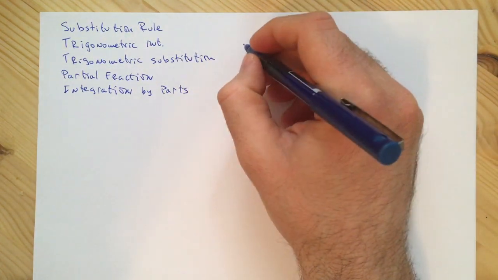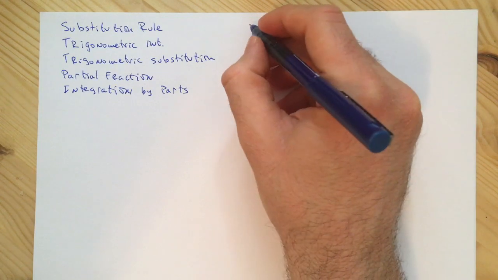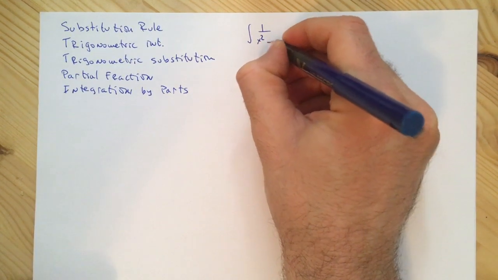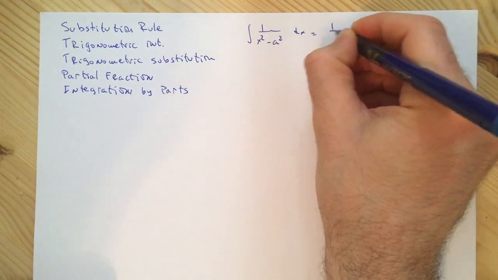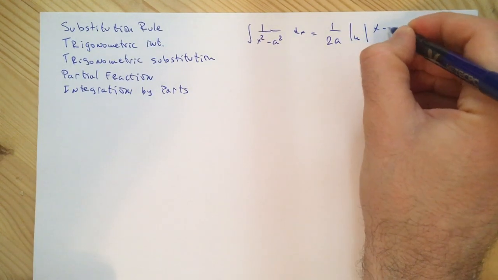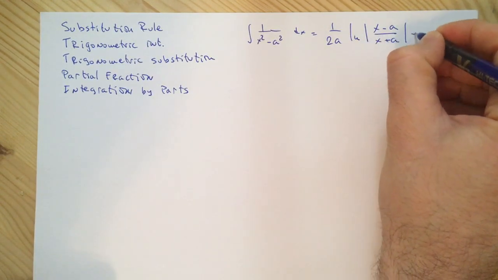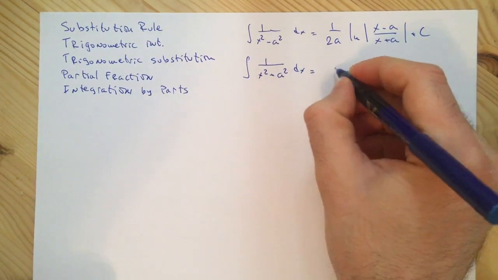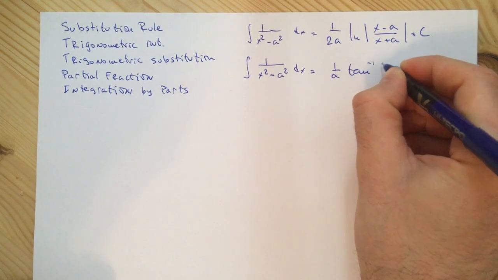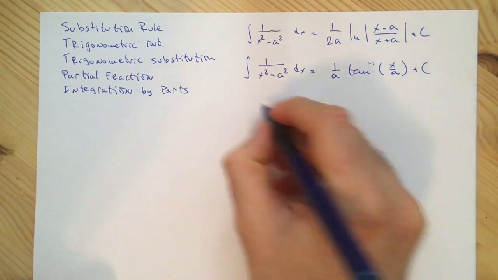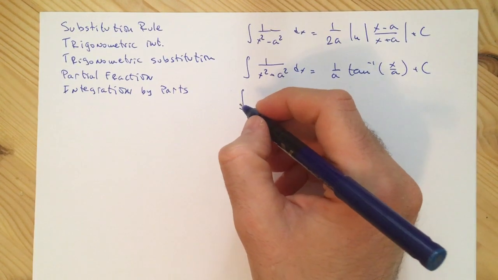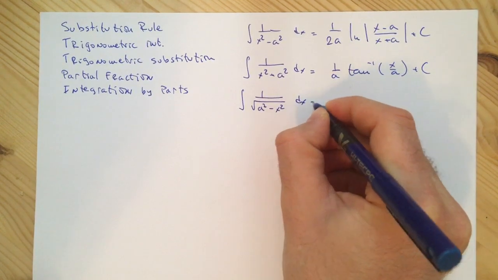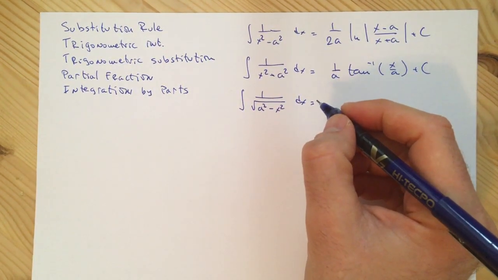Moreover, you should know the few new integrals that we learned this semester, especially the integral of 1 over x squared minus a squared, which is 1 over 2a ln of the absolute value of x minus a over x plus a, the integral of 1 over x squared plus a squared, which is 1 over a arctangent of x over a, the integral of 1 over square root of a squared minus x squared dx, which is the arcsine